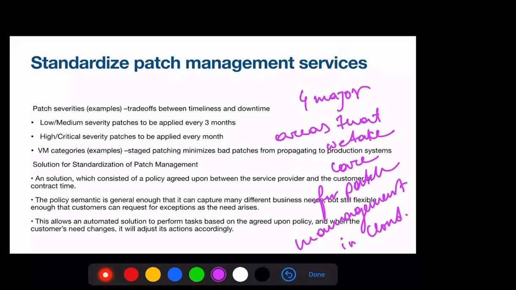Sir, solution standardization. Yes, sir. Okay, solution standardization. Then tools integration.